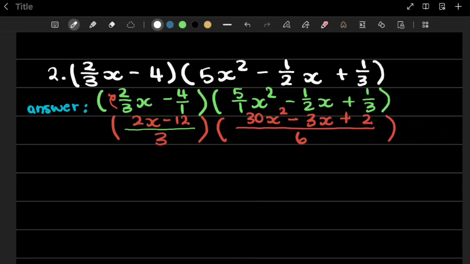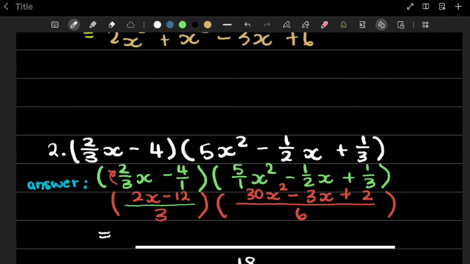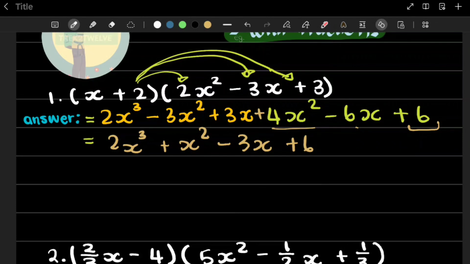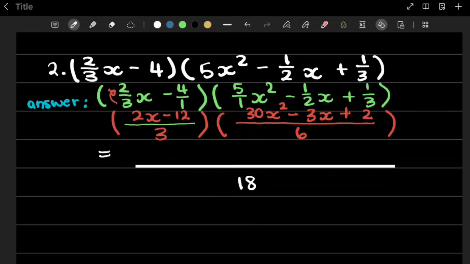Okay, now we're going to do the next step. Multiply the denominators. So 6 times 3 will give us 18, and put your division line. Okay, now we're going to start off with the numerators. We're going to do the same thing that we did over here, multiplying each term with the other in the other bracket. So over here we're going to say 2x times 30x squared. This will give us